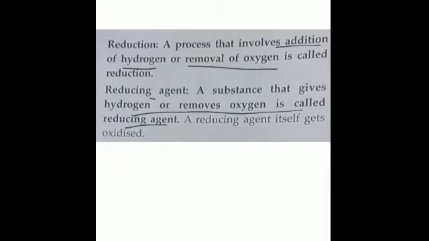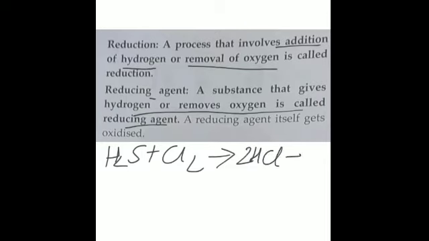So here it is the opposite, that is a reducing agent itself gets oxidized. I told you I'll tell this point when I come to reduction, that is the oxidizing agent itself gets reduced and a reducing agent itself gets oxidized. So you can take the same examples here also and see H2S plus Cl2 gives you 2HCl plus sulfur, right? Now what can you see over here?